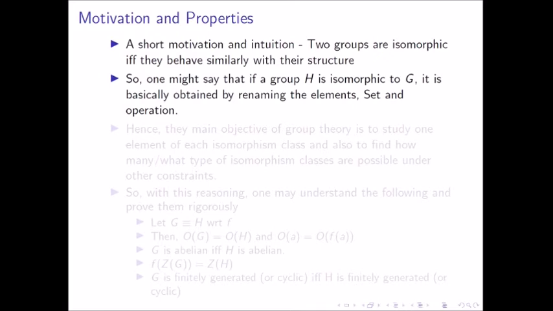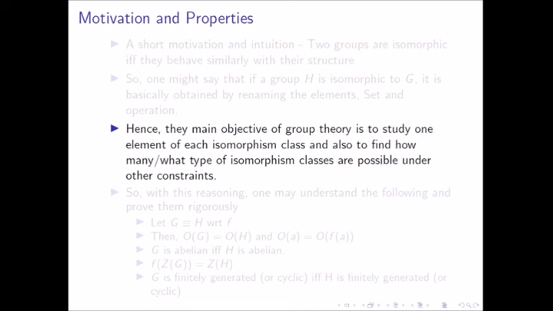So basically H and G are isomorphic. Look, as we have already proved that it's symmetric and an equivalence relation, I didn't say H is isomorphic to G. I said H and G are isomorphic. It's the same thing. So H and G are isomorphic, then studying H is enough to study G. They have a similar structure in terms of set, in terms of elements, and also in terms of operation.